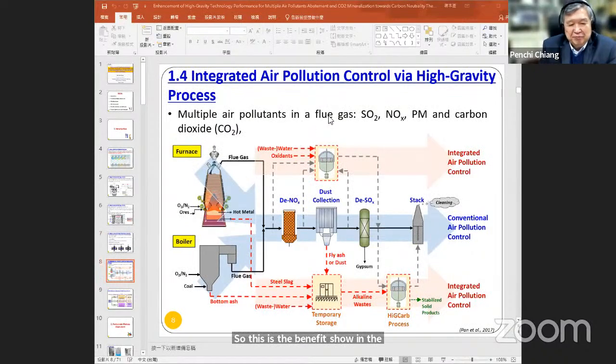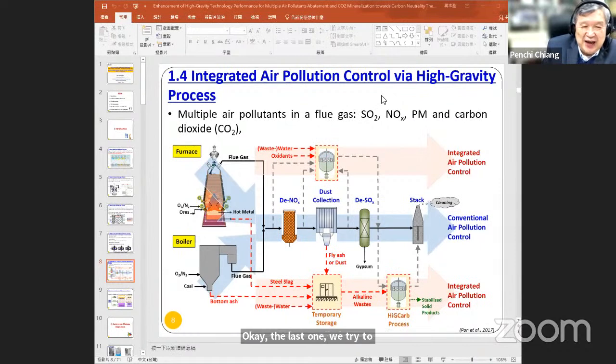The last one we try to demonstrate is that the high G can reduce the level of SOx, particulate matter, metals, salts, and even carbon dioxide. As you know, the traditional conventional technologies try to remove these for air pollution control. You can see this is the so-called deNOx, this is a baghouse filter, an electrostatic filter, and then this is the FGD process, the so-called flue gas desulfurization. So the high G process could have the potential to remove the SOx, the PM, and even carbon dioxide